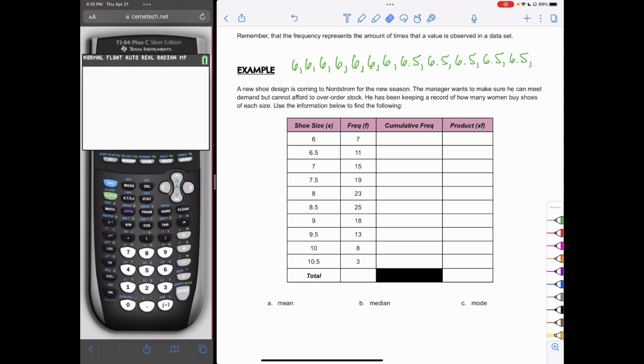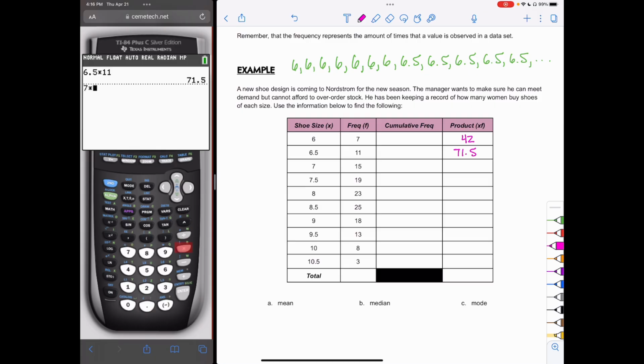So let's say we were to write all of this out, you would want to find the sum of all these numbers. Remember, addition is nothing but repeated addition is nothing but multiplication. So if I wanted to add up all of my sixes, and I know that 6 is written 7 times, all I would have to do is take whatever shoe size is there and multiply by how many times I've observed it. So 6 times 7 is going to give us 42. If I do 6.5 times 11, that gives me